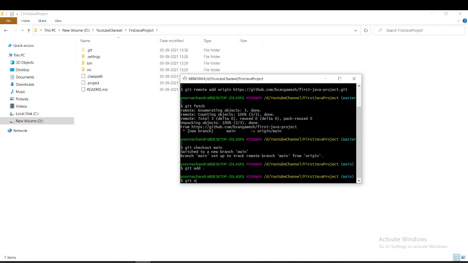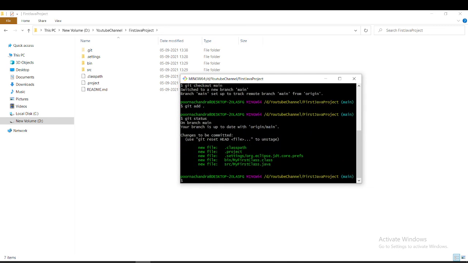You can even see the status with git status. As you can see, all these files are added in the staging area, and we need to commit them. What commit basically means is we are telling Git, okay, we are adding these files into this repository for these changes. So in order to tell what our change is, we need to commit those files. So git commit, and we need to add a message, let's assume as it's the first commit: First code movement to GitHub,